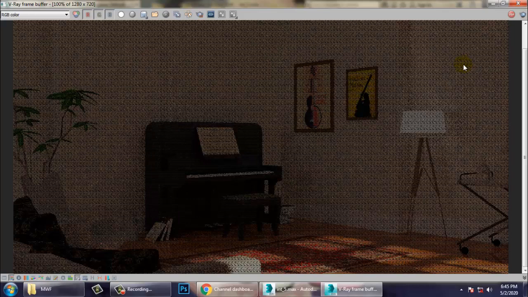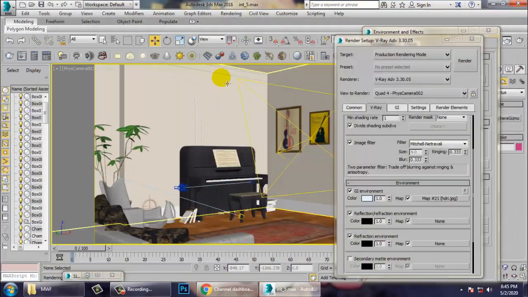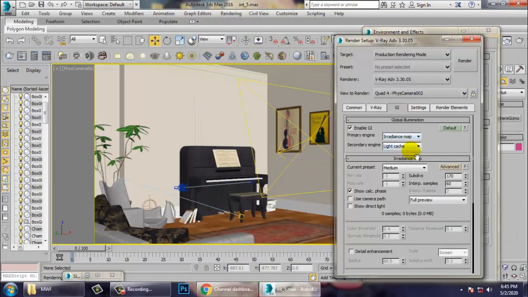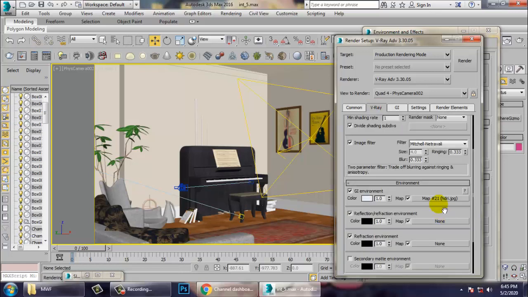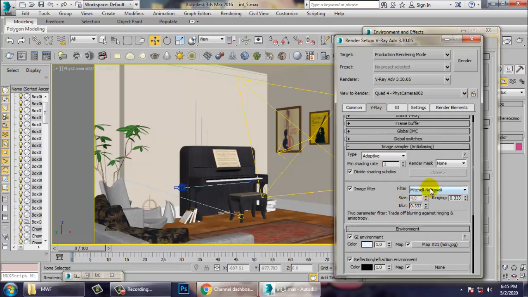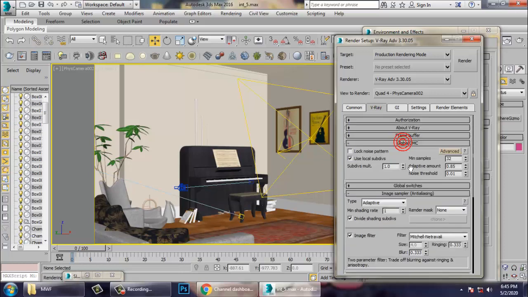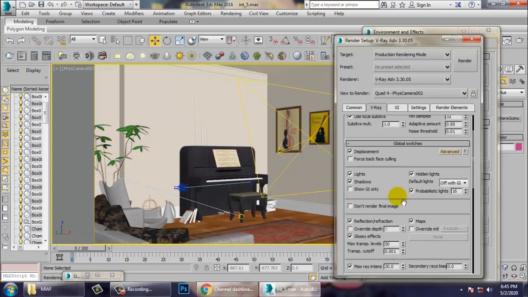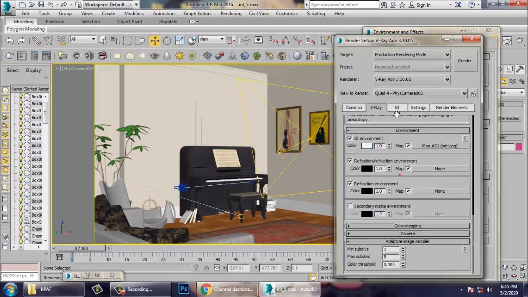And some settings which we have done over here is like we have increased its subdivisions to 170, made the samples 60 over here, and into the V-Ray we have gone and set this to mission over here. Most important is the minimum samples, which I have increased, and the noise threshold I will decrease to 0.0001, sorry. So we need to make a few changes over here.